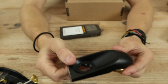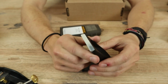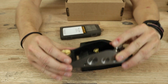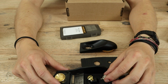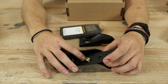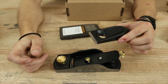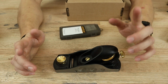And so my first impression was actually kind of sad. This is an excellent tool still as far as functionality. Everything is completely square. I checked everything for square, and it was great, but I was just a little disappointed in the fact that I had an already damaged plane. I almost wasn't going to say anything, but I went ahead and shot their customer service an email saying, hey, I saw the pitting and the chips in the paint, and I sent them images. And I just told them, also,